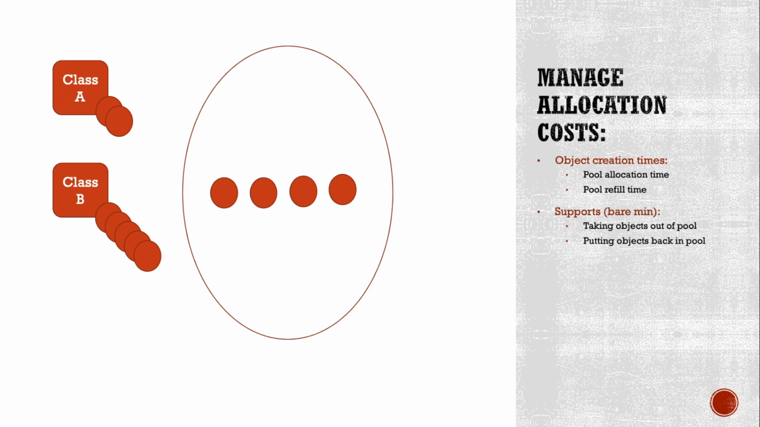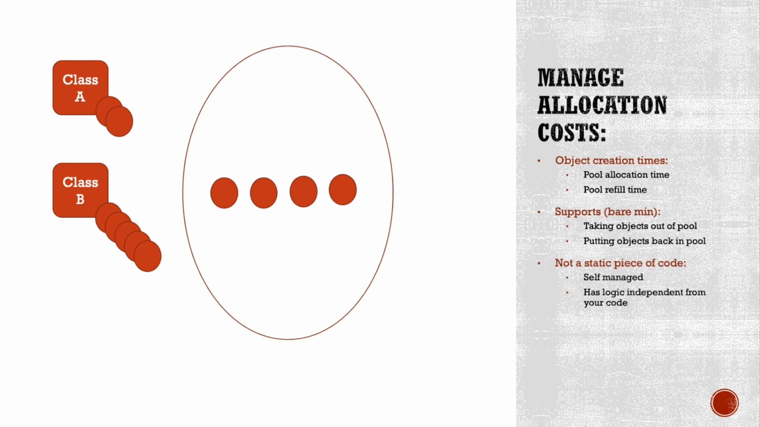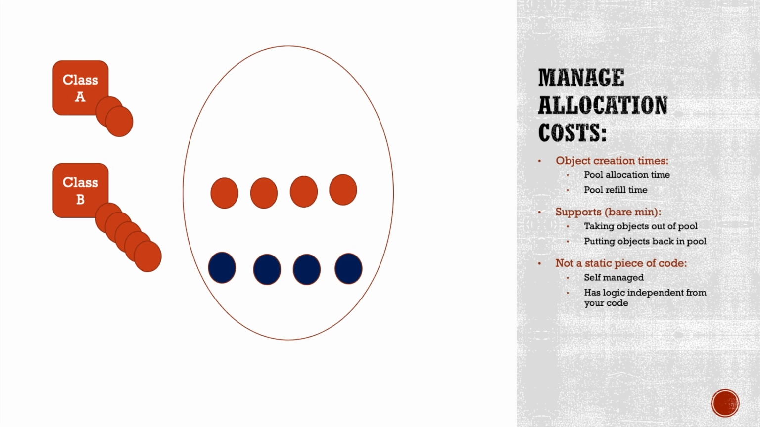Instead, the maximum time that you're incurring is the time it takes for you to remove an object from a pool. Now, something that I want to bring up is that's present here but may not filter through to everybody: object pools are not static pieces of code. They're self-managed. In many instances, they get very, very complicated, and they have logic completely independent from your own. An example of that kind of logic is that once an object pool sees that it's running a little bit low on its particular objects,